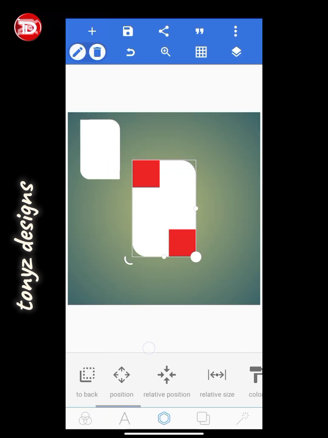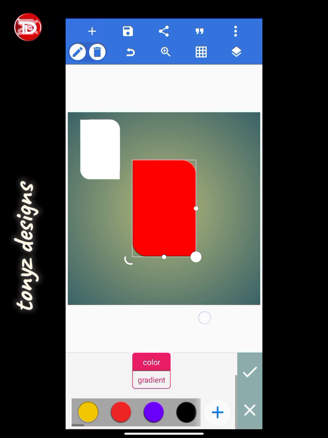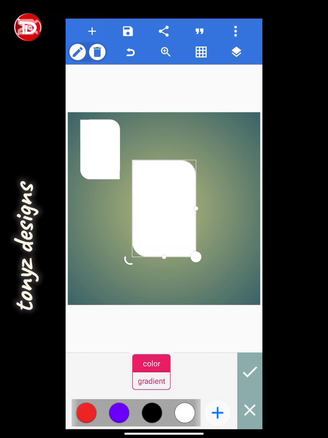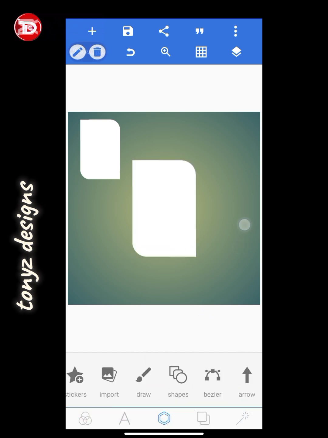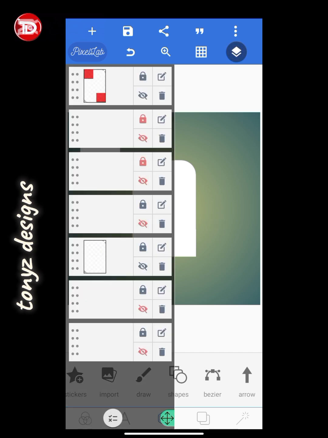And after that, we'll just go over to color, enable, and we'll be leaving it as white. Okay, so this is how to create this particular custom shape. Okay, so let's move over to the next one,